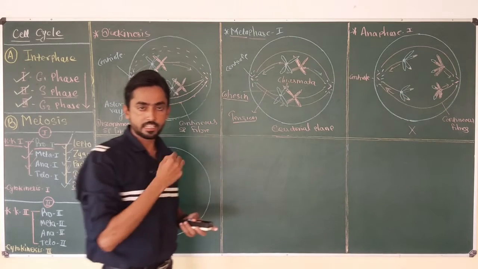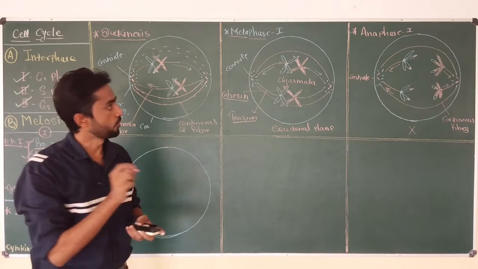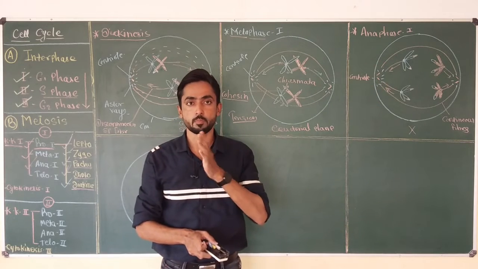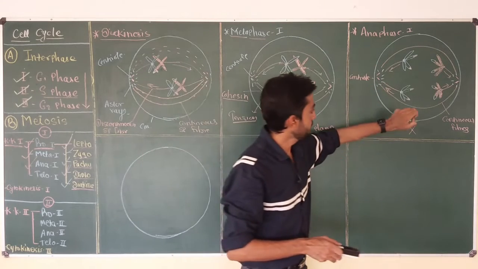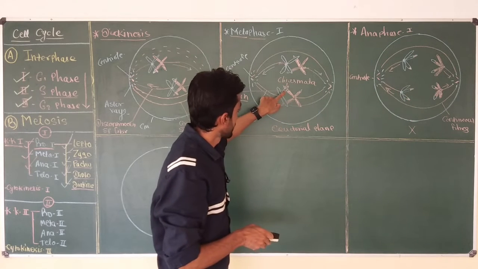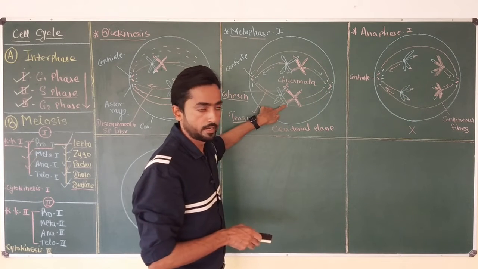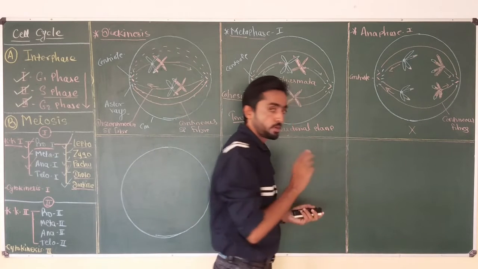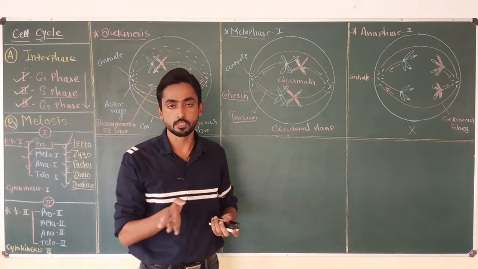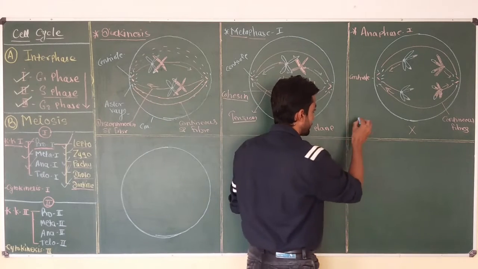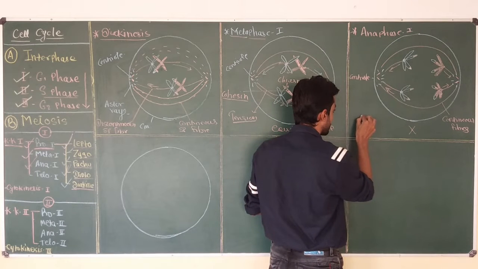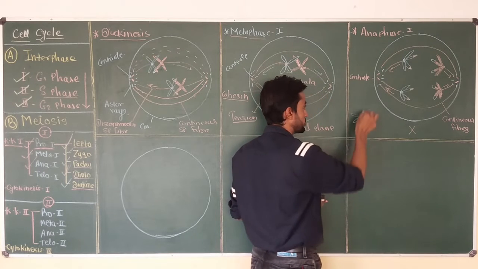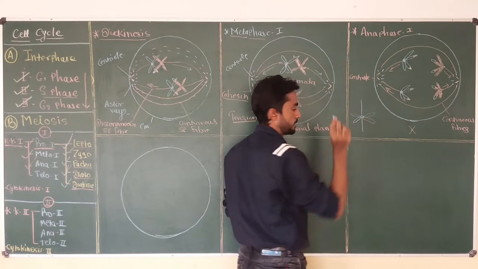Okay. The next important thing which differentiates anaphase 1 of meiosis from anaphase of mitosis is that only the non-sister chromatids at the chiasmata get separated, but the centromere does not split. If you remember the anaphase of mitosis, we have discussed in detail the condition in which this is the centromere and the chromosome is attached with the spindle fiber.